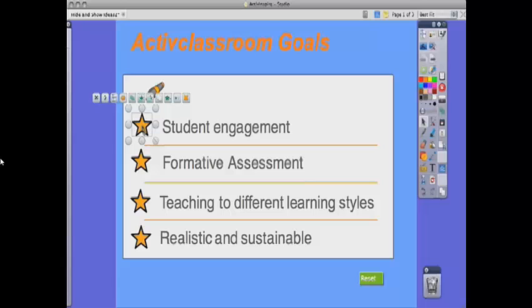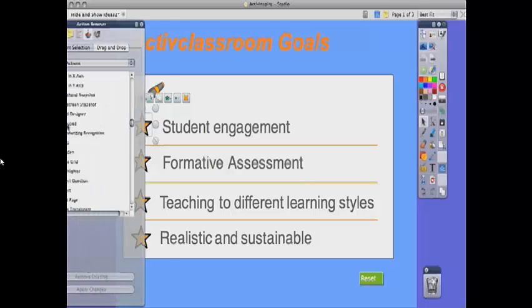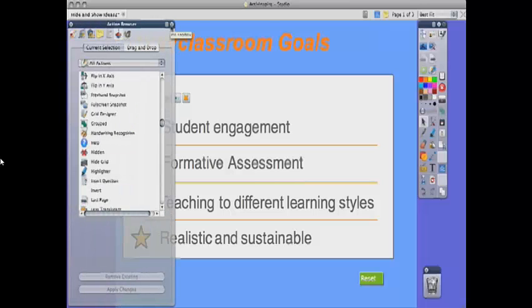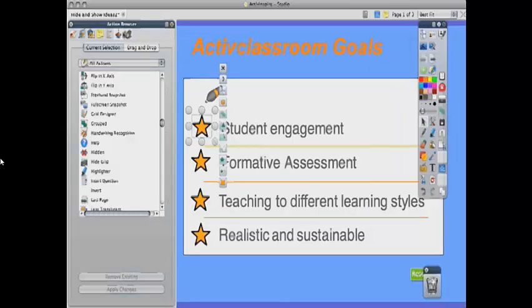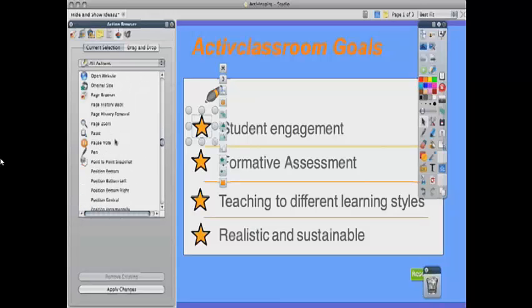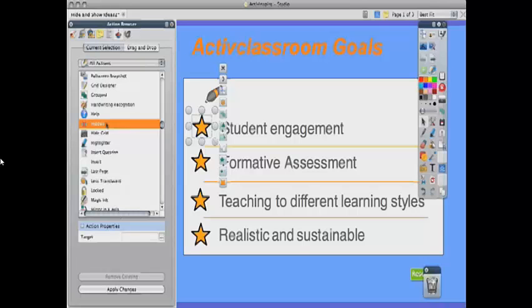Now I'm going to highlight this one star right here. I'm going to go to my action browser. I'm going to go ahead and pin this down so it doesn't move on us. And I have my action browser selected, and then we're going to look under the actions for one called hidden, which is right here. You will notice the actions are in alphabetical order. Very helpful. I'm going to click on hidden, and at the bottom you'll see the word that says target and